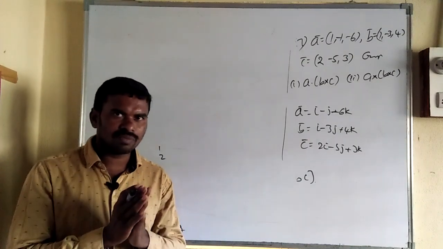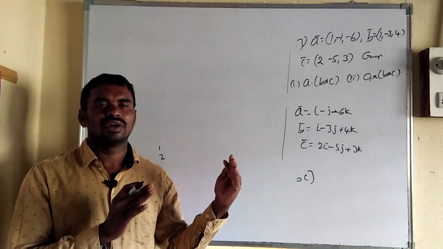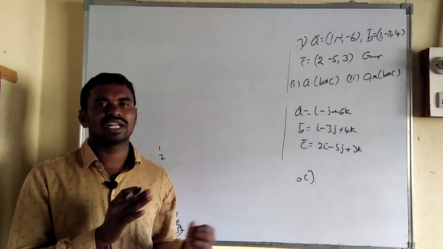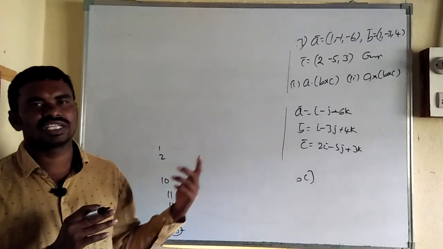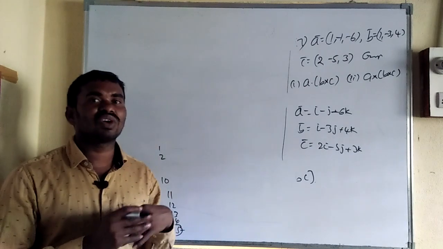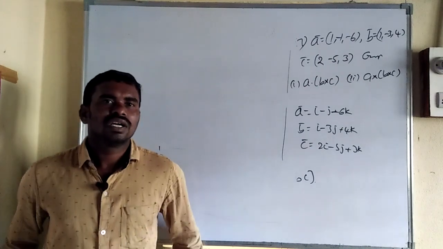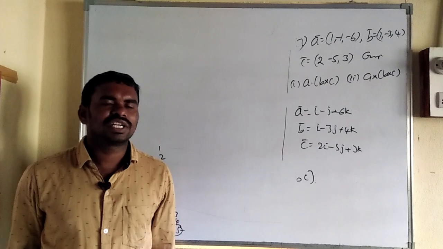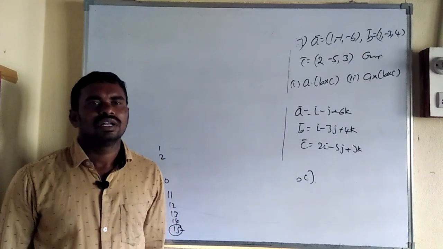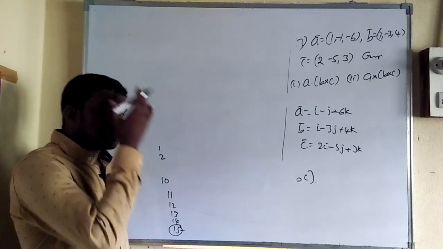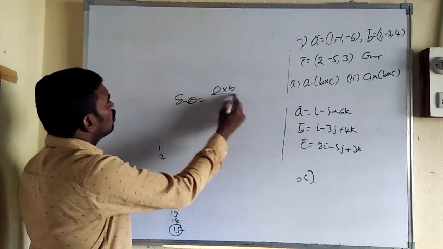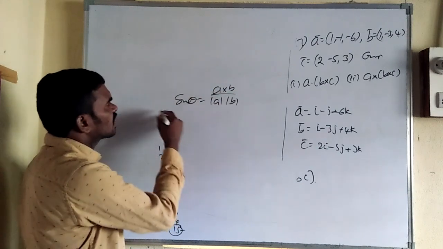Next, similarly, volume of parallelepiped. What is the volume of parallelepiped? Only modulus box AB, AC, AD, or modulus box small a, small b, small c. So those formulas we discussed. Other than those formulas, what is the angle formula? If the angle between a and b is theta, then cos theta equals a dot b by mod a mod b. Similarly, sin theta equals a cross b by mod a mod b, which we have also written. This is also required.